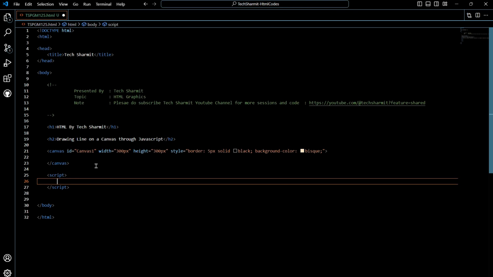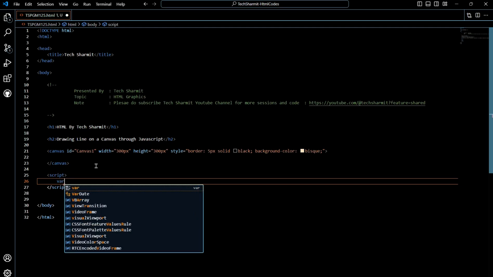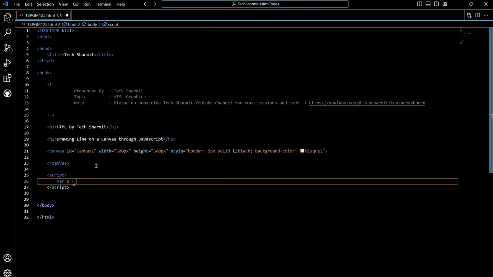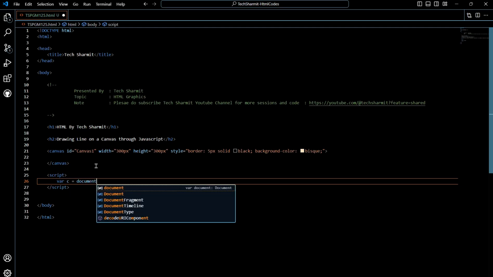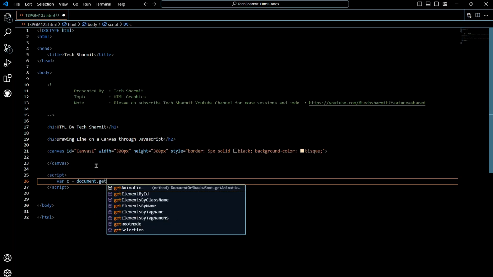We will attach the canvas with our script. How? Using one variable. I'll show you how we can create that variable, and then we will use it. You can give any name to the variable. For now I'm using c, so I will write var c equal document dot getElement